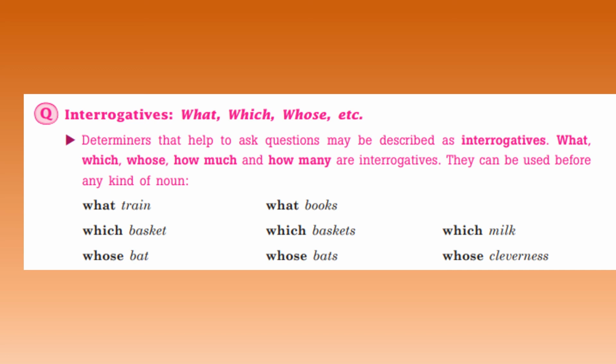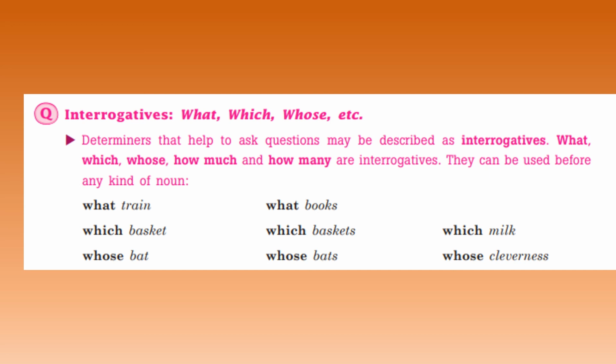Children, this was all about determiners. In 3 videos, what we have learned, just take a look. I told you that determiners are fixing words which help to identify or limit the nouns which they precede. A determiner is usually the first word in a noun group and can only have a predeterminer such as such, half, or both in front of it. It cannot be used with another determiner.